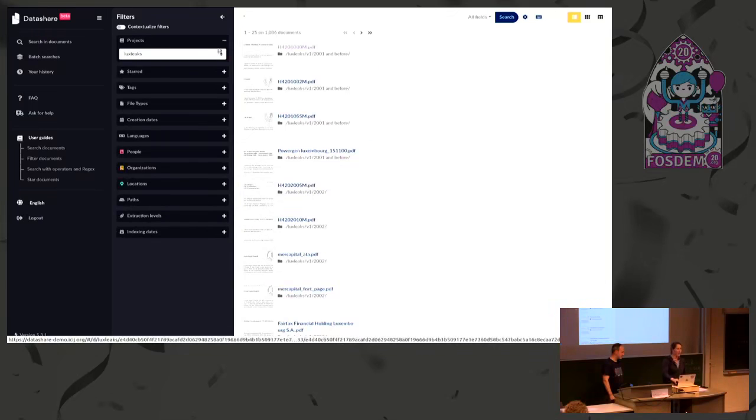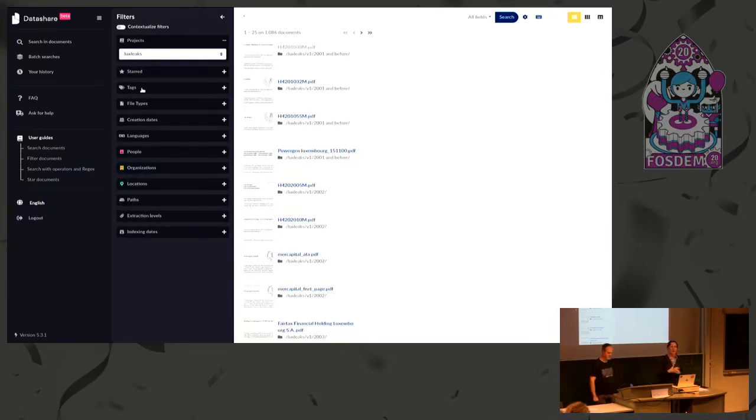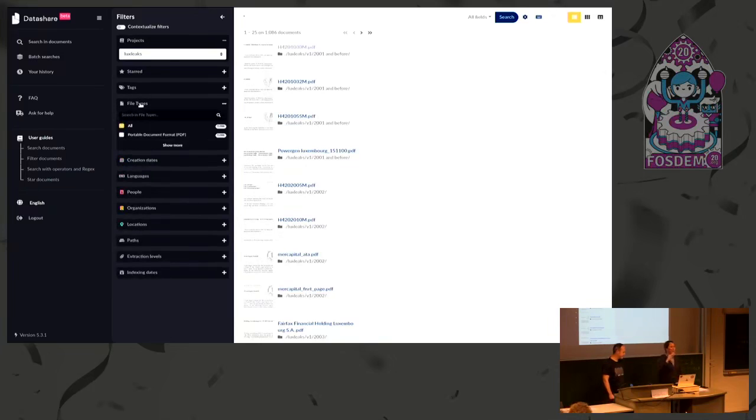And here on the left, you have the facets. So we built some facets on the Elasticsearch, and those facets are the response about the global overview of the leak and of the documents. For example, here I can click on file types and I will see the different types of document that I have in my corpus and how many documents of each type. In this corpus specifically, I do have only PDF. So yes, I have thousands of PDFs in that corpus.